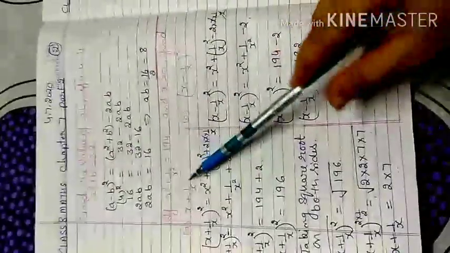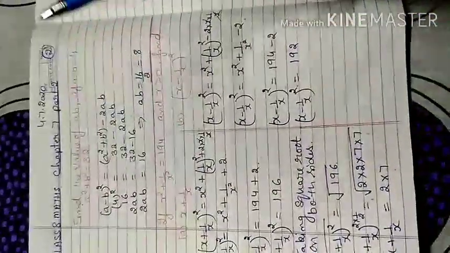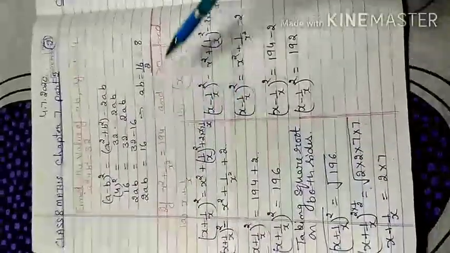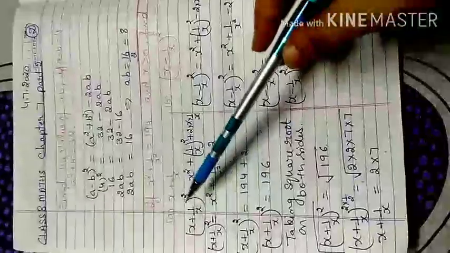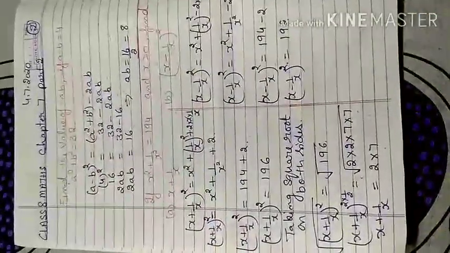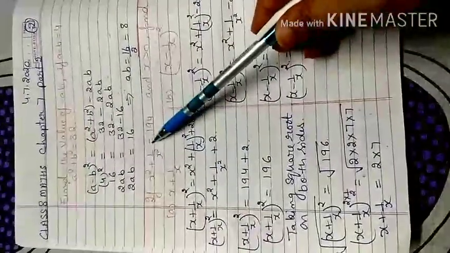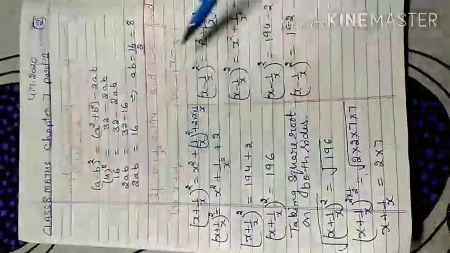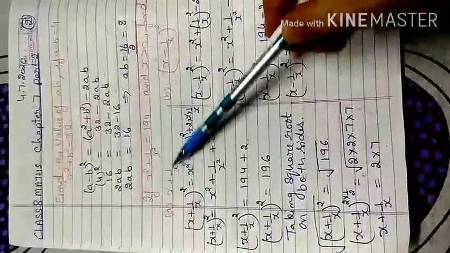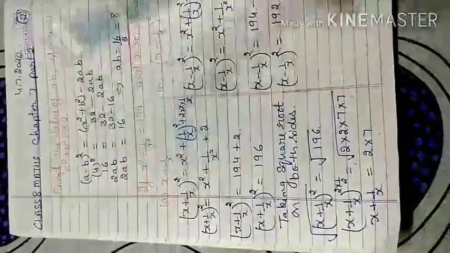I have a value like x² + 1/x² = 194 given to me, and the condition given is x is greater than 0. You have to find the value of first x + 1/x and then (x − 1/x)². If it is x + 1/x and I am given this value, I have to apply this value in both the cases. Both terms' squares are given to you, which means that is the formula of (a + b)².